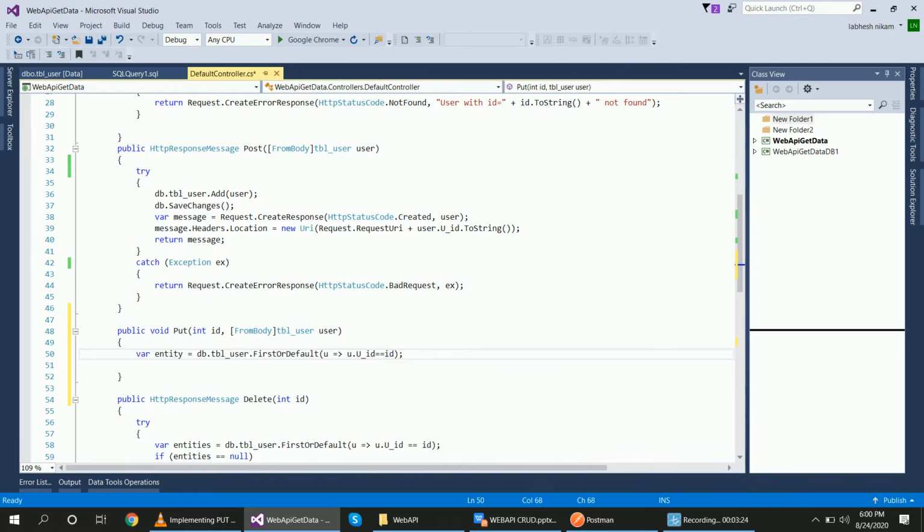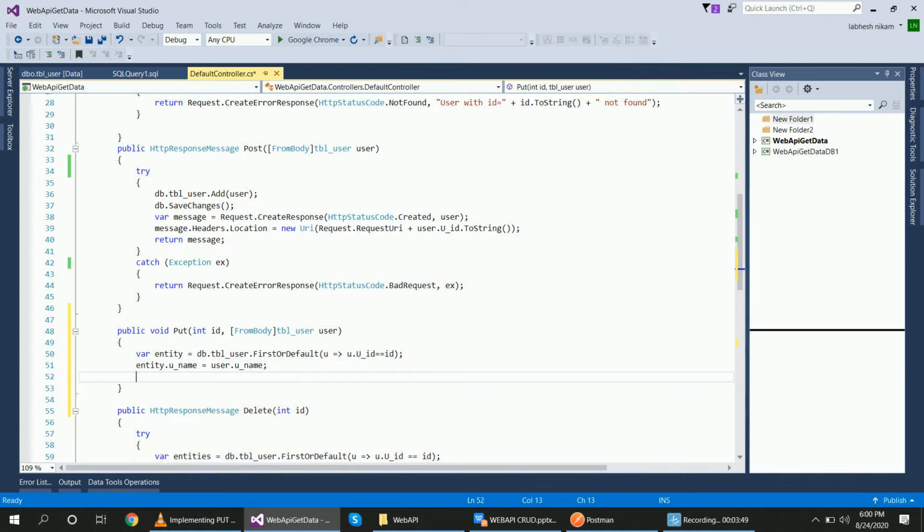Now compare this entity variable with this user object table. So entity dot uname equal to user dot uname. I have not passed id, because I have already passed the parameter id.